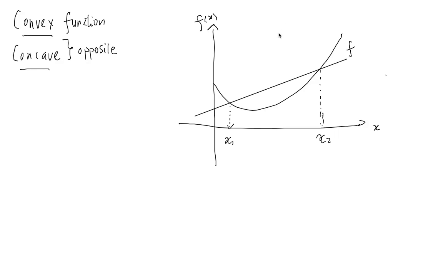So you have these 2 points, right? This is a secant line, right? And then you consider any point within this interval x1 and x2, and this point is constructed as follows: p times x1 plus q times x2. So your p plus q is equal to 1. These are basically just proportions. So if you take a weighted form of these 2 points, you will get some point that's in between.